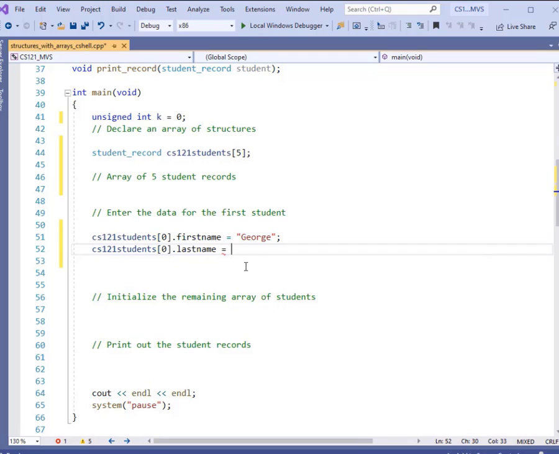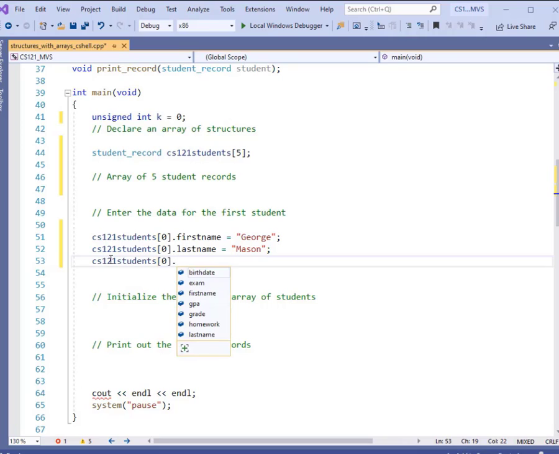Okay, so George Mason. Now, notice that we still have the dot notation here. And preceding that, we have the index for which student we're referencing. So you put the index in the square brackets first, then the dot, and then the member element of the structure. All right, now let's just go ahead and fill in some of these other parts. In this case, we have birth date, and that's the hierarchical structure. Okay, so month,